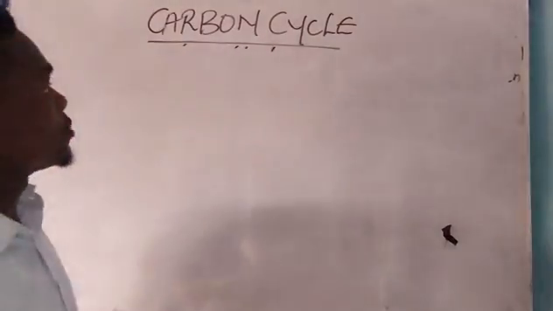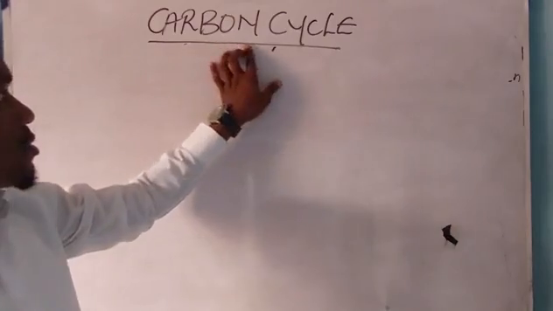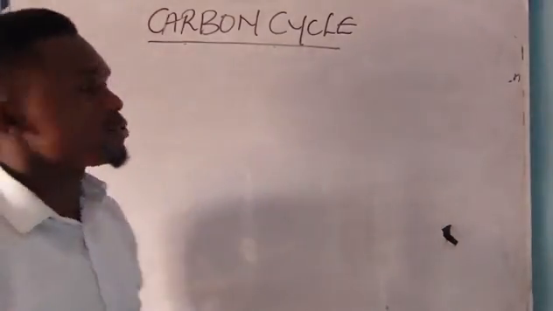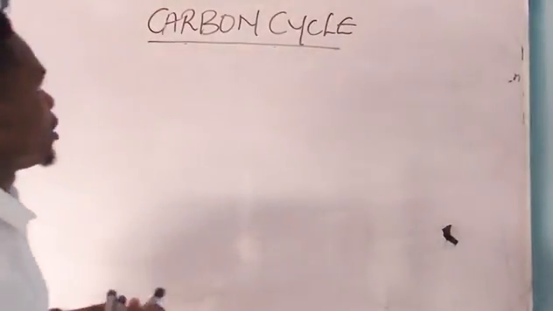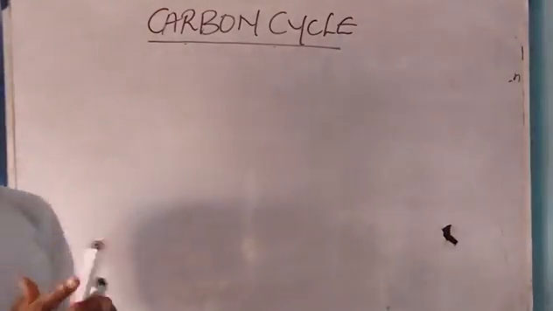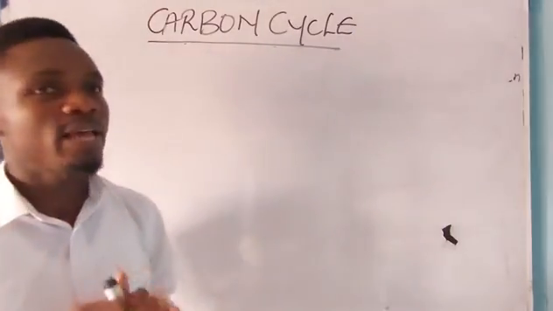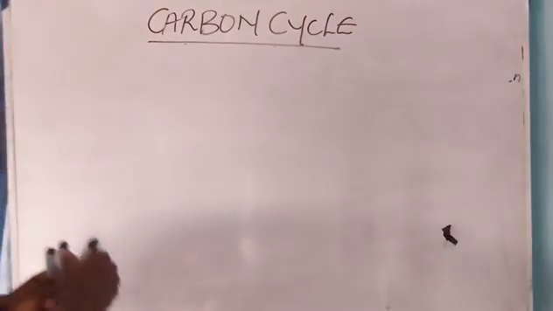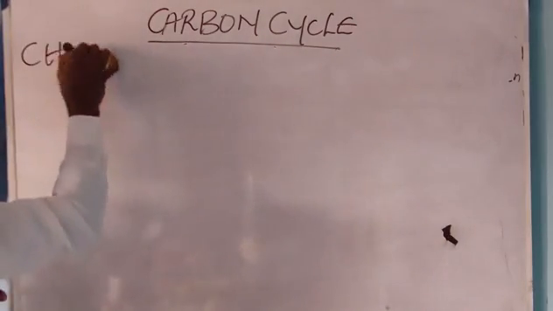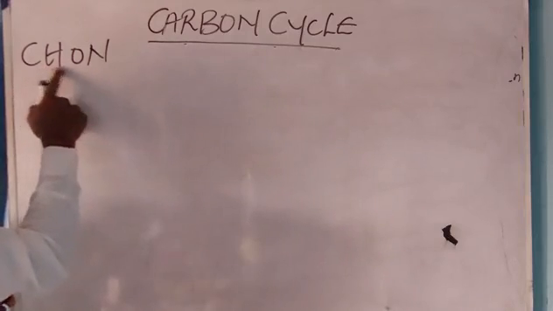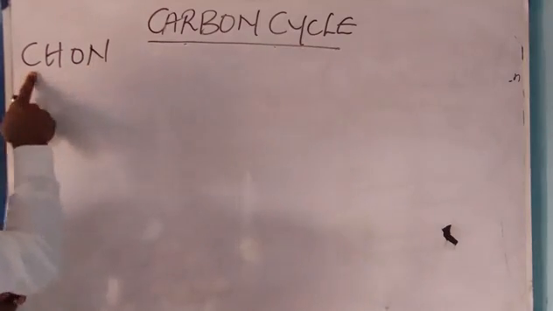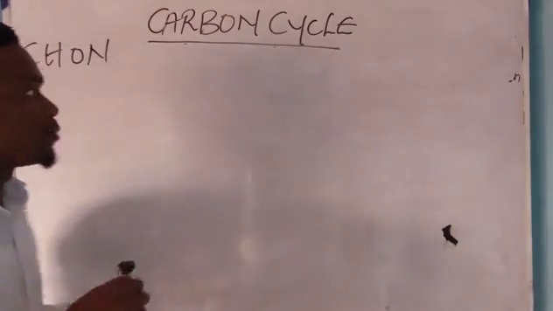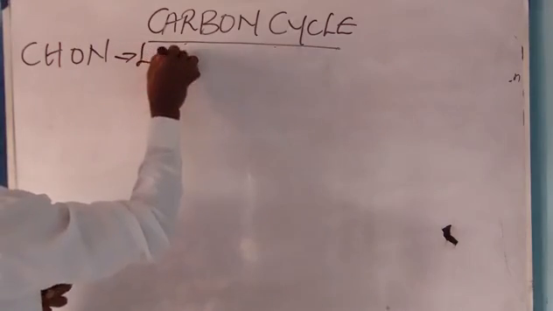In today's video, we shall be discussing the carbon cycle as a topic in biology. Before I go into this topic, let me quickly say something. Plants and animals require certain elements for good growth and healthy development. Some of these elements are CHON, which is carbon, hydrogen, oxygen, and what? Nitrogen. Now, the elements present in the living cells